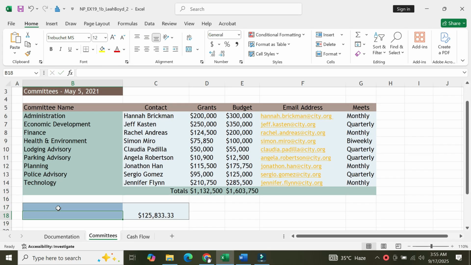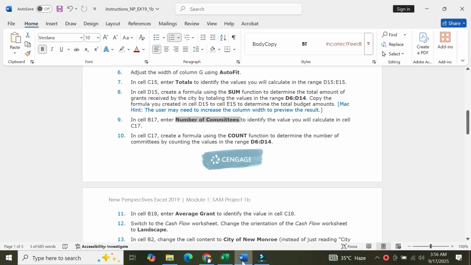So this is our B17. Just paste here. Okay, done.